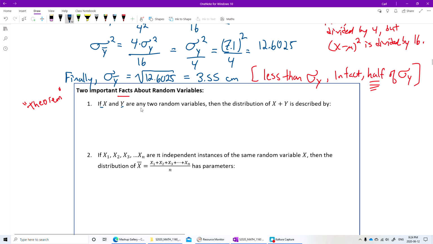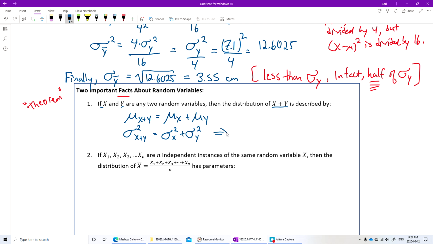If x and y are any 2 random variables, the distribution of the sum is described by this. It has a mean value: the mean value of the sum is the mean of the first one plus the mean of the second one. And the variance of the sum is the sum of the variances,